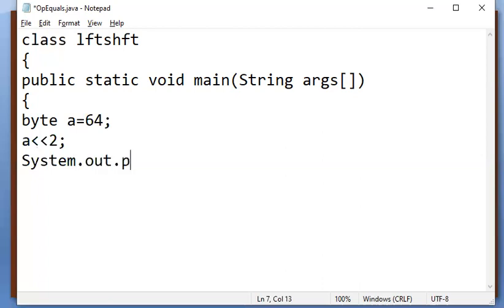System dot out dot println, the value of a, if you want to print.